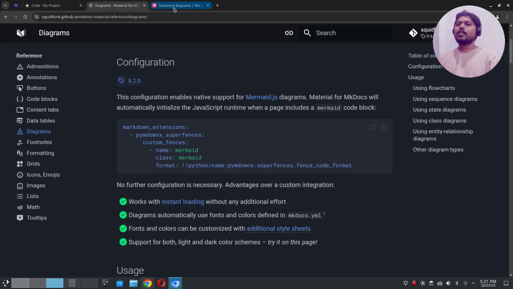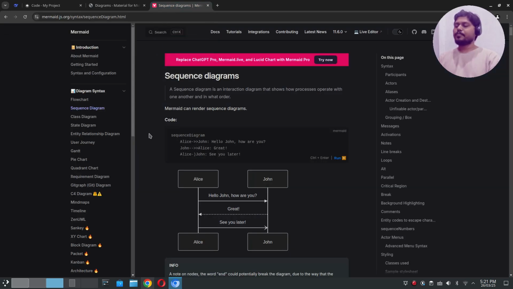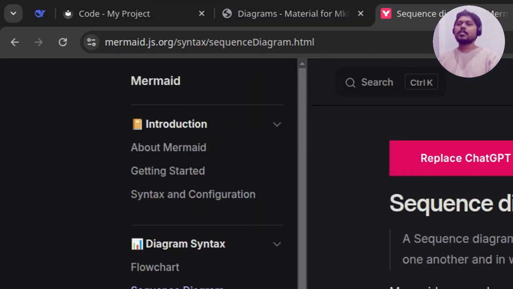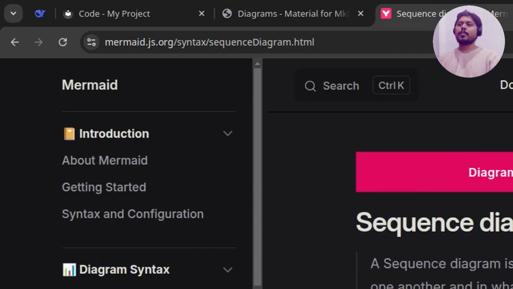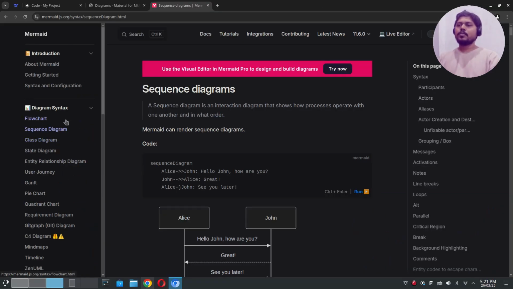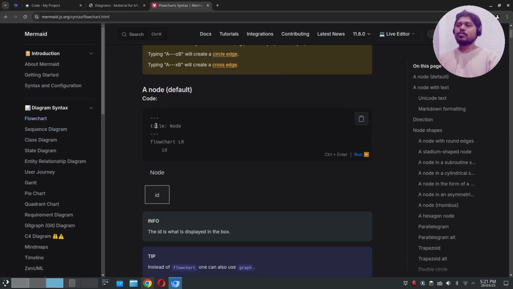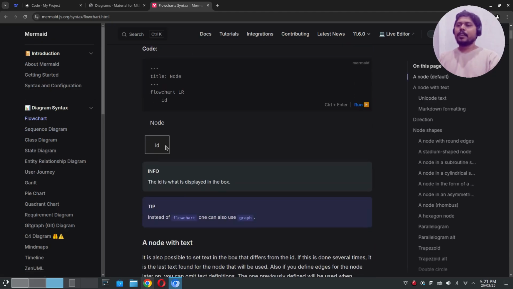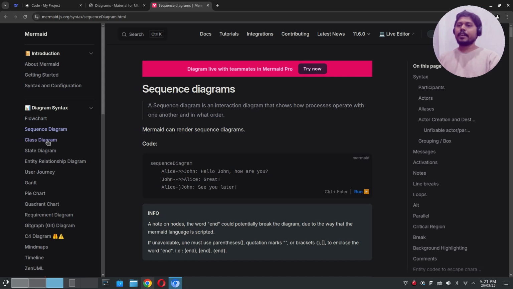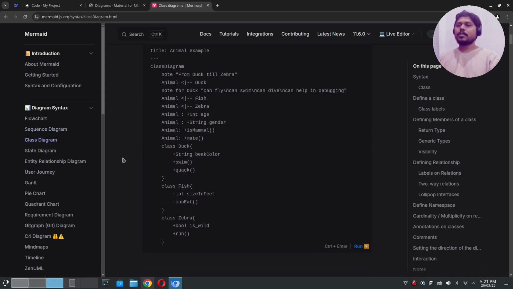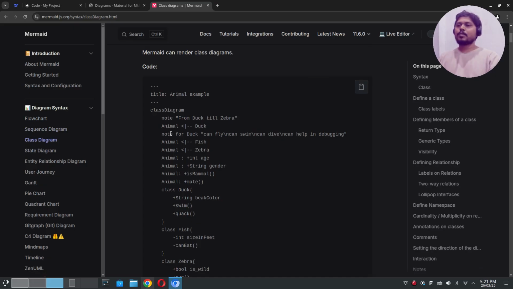So if we see the library here, this is the website for the MathJS, and there are different types of diagrams you can use with text only, like the flow diagram. You have to just write the text and it will create the diagram for you, rendered on the web pages that you have. The sequence diagram, you can create the class diagrams by just adding some text,